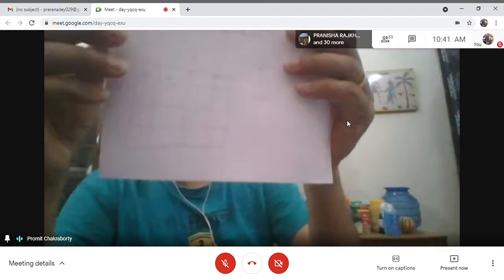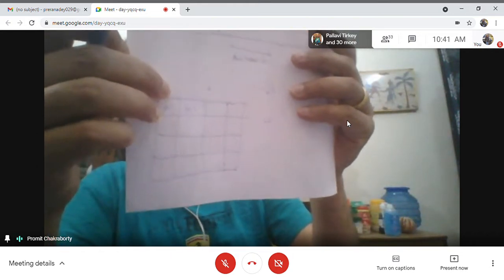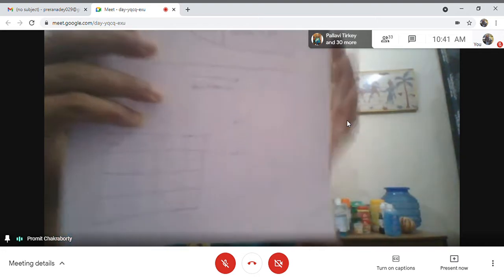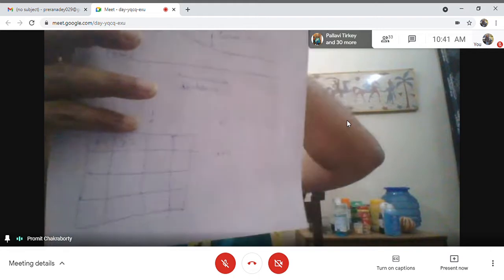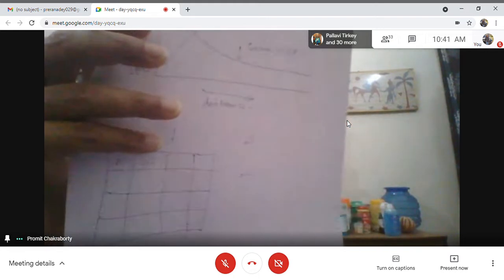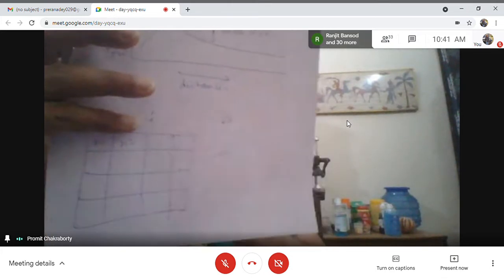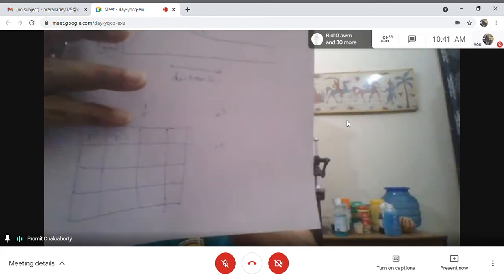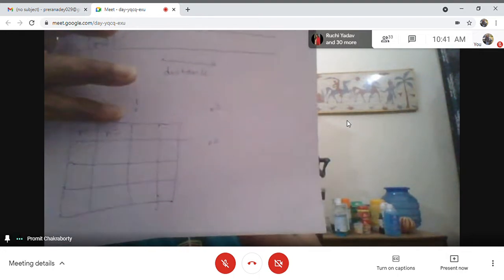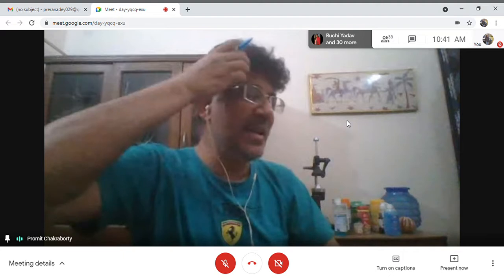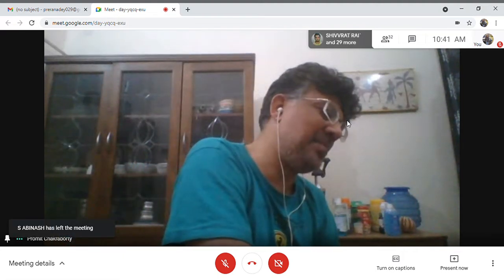We divide the area in the form of a grid, and from each quadrant of the grid, we measure a number of data. Suppose 20, 25, 30, 40, 50, as much as possible. The data is measured and the whole area is covered. Based on that, each sector from each quadrant, as much data as possible that we take.